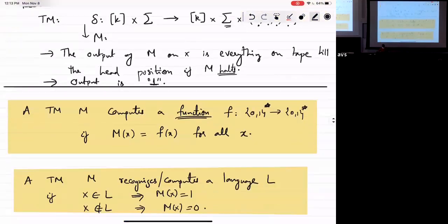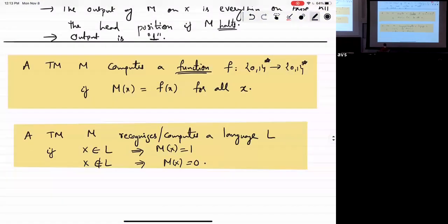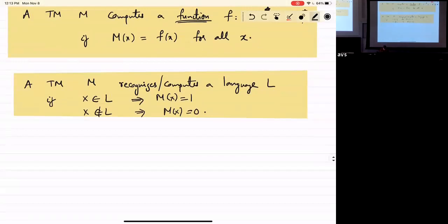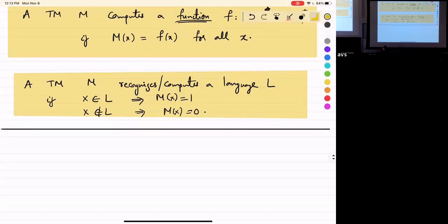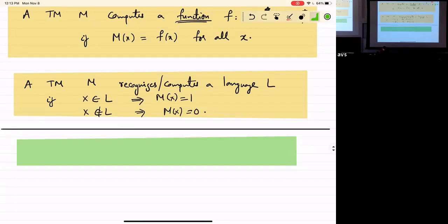Okay, so this is all just some sort of nomenclature. It's not too important. But now let's try and use Turing machines to compute some simple functions. Okay. And the first function that we saw a demo of in last class was palindrome. So let me define palindrome.